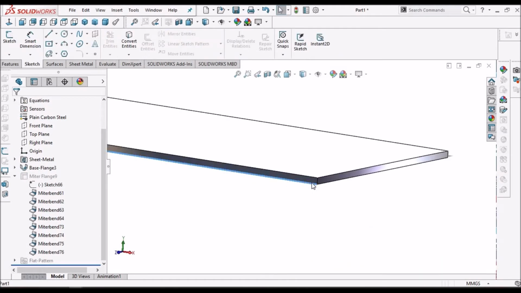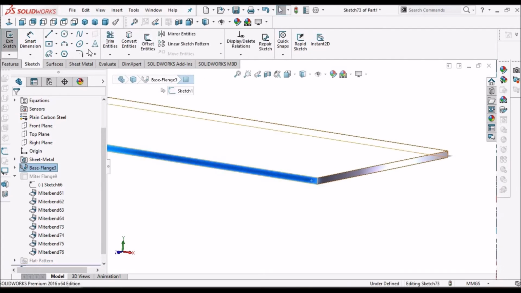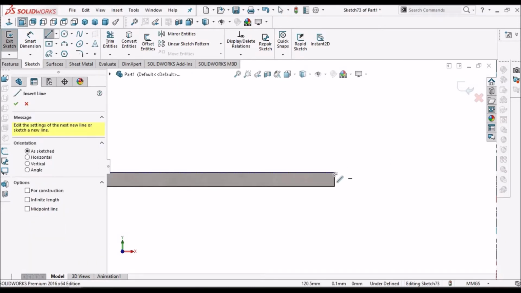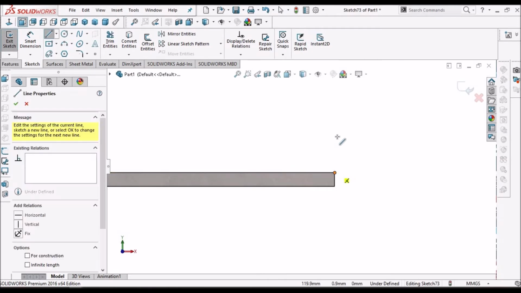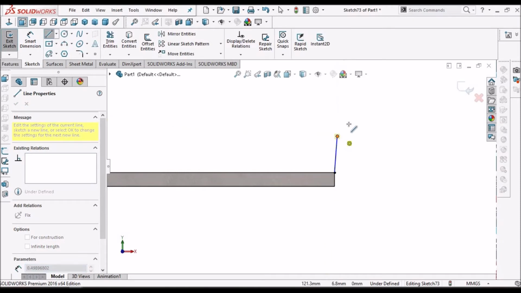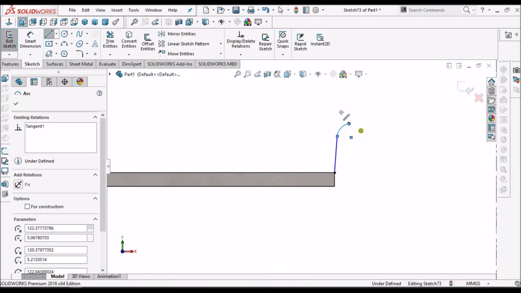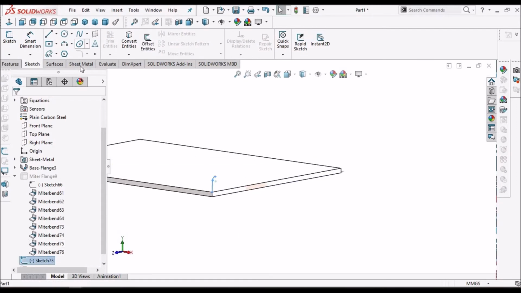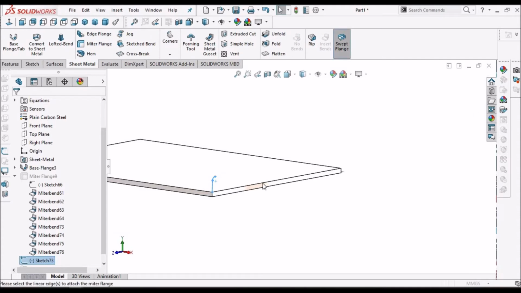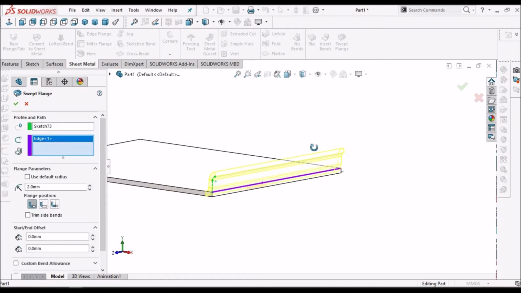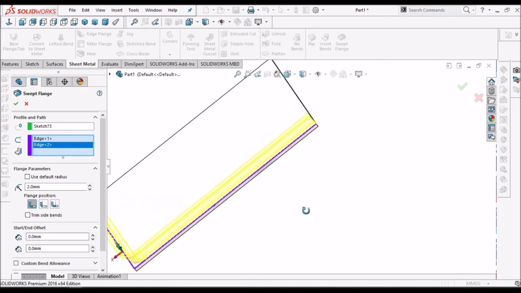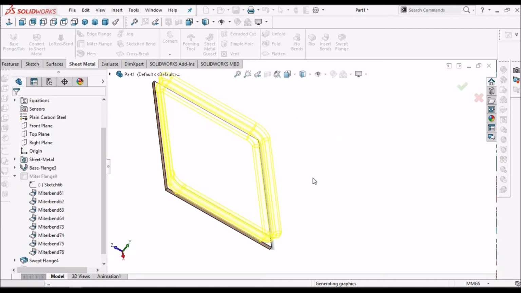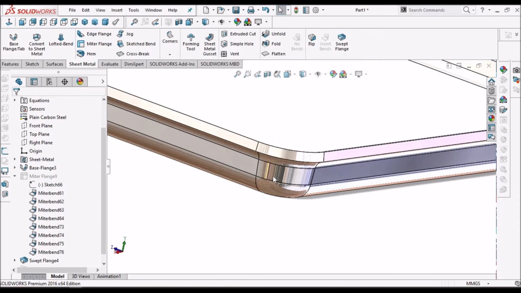Okay, now I am taking one profile. Now if I go with a swept flange, it forms like a tray.